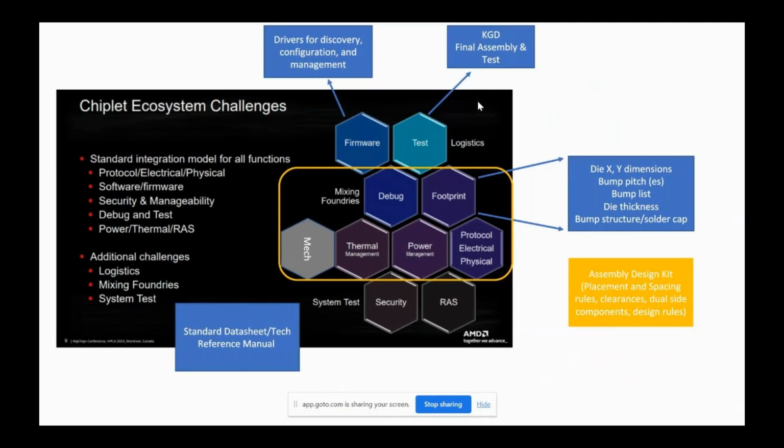And then again, on the firmware side, people do provide that for various chips, but at the chiplet level, what additional functions do you need out of those for discovery, configuration, management, debug, whatever may be the case, to be able to access features inside those chiplets?